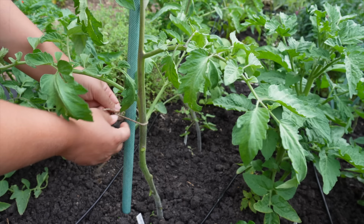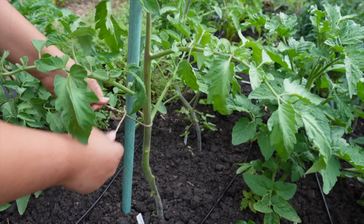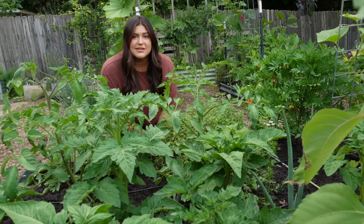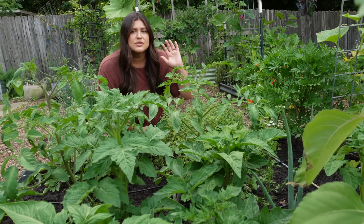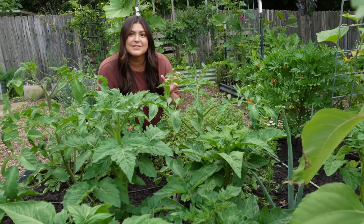I'm not tying them tightly to the pole. I'm making sure that there's room for that tomato plant to grow. I'm also gonna walk around the garden and just make sure that anything else that could blow over in a storm is staked really well, because here in North Carolina, we have these crazy afternoon storms that'll just come through with crazy wind gusts, super high winds,